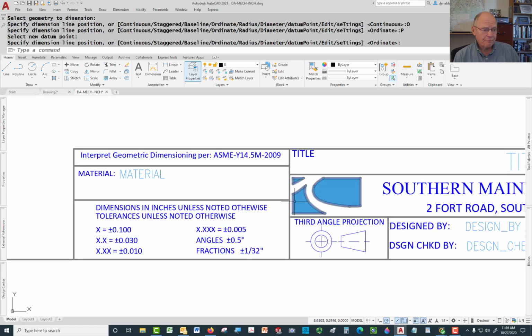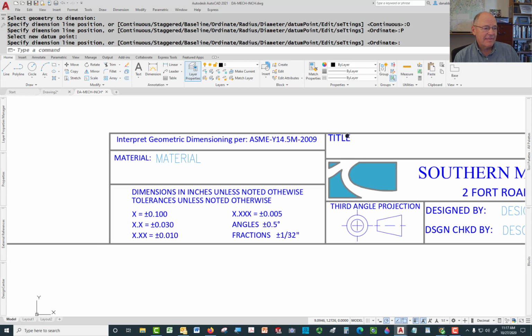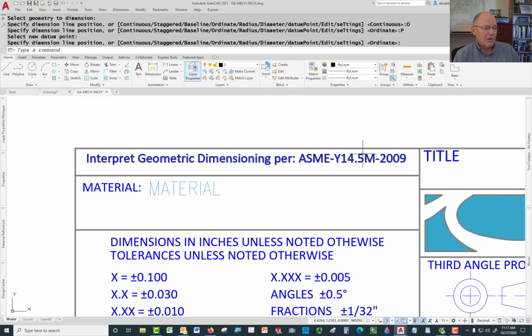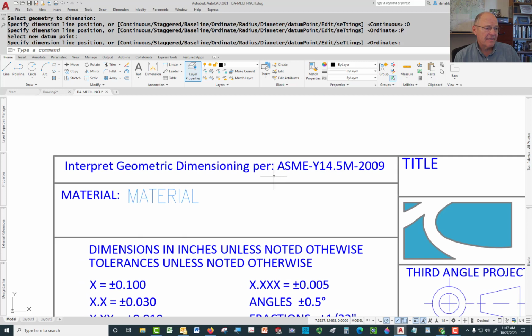I also have tags on mine, and I think that's a good idea, rather than just having data in there so that the kind of data is identified. For mechanical part, you have a standard normally that drawing is being interpreted by. So for the United States, the geometric dimensioning of this would be interpreted per, and that is the American Society of Mechanical Engineers Y14.5